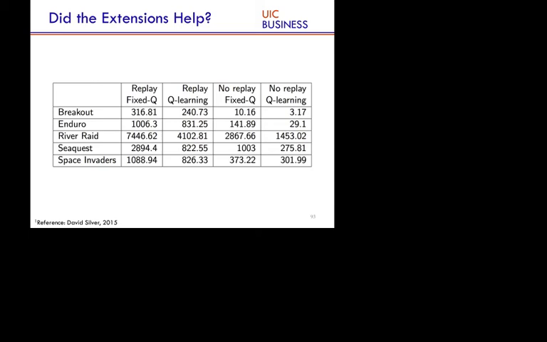When there was no replay, and they were just using Q learning with incremental update of the weights, these were the scores attained in these 5 games. Then they added fixed Q, the first modification, when they froze the values of the Qs for some number of rounds,